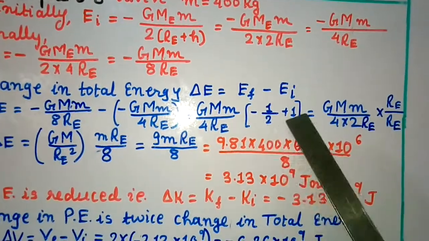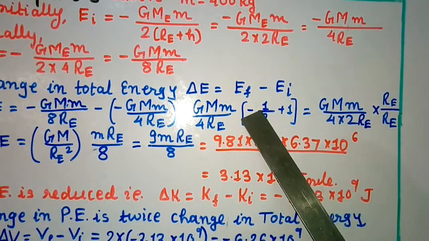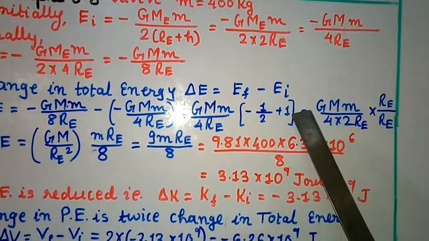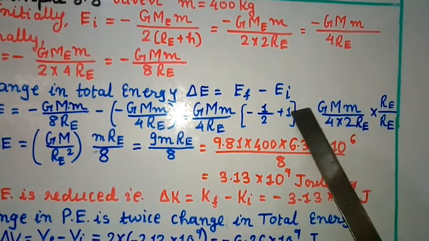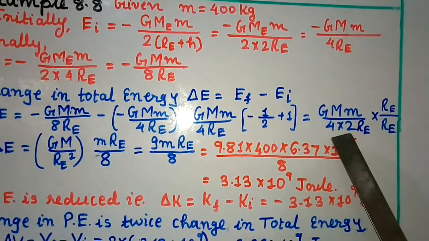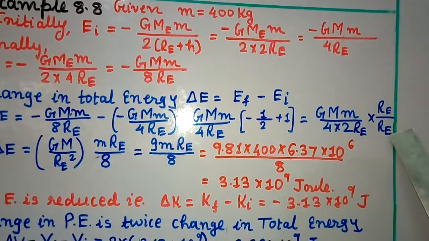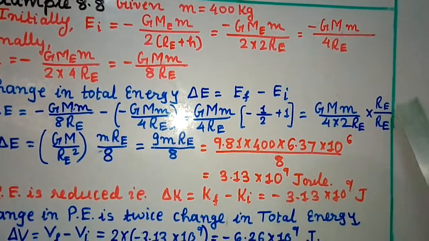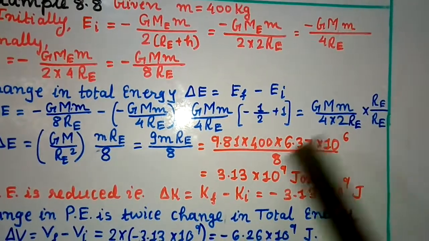Okay, and if you take the LCM here, 2 into 1 is 2, minus 1 will give you plus 1, so there is no more negative or positive sign here, it will be a plus sign, right? Because 2 minus 1 is plus 1, and this denominator 2 is here. Now here I am multiplying and dividing by Re. Okay, radius of the earth Re, divide and multiply.